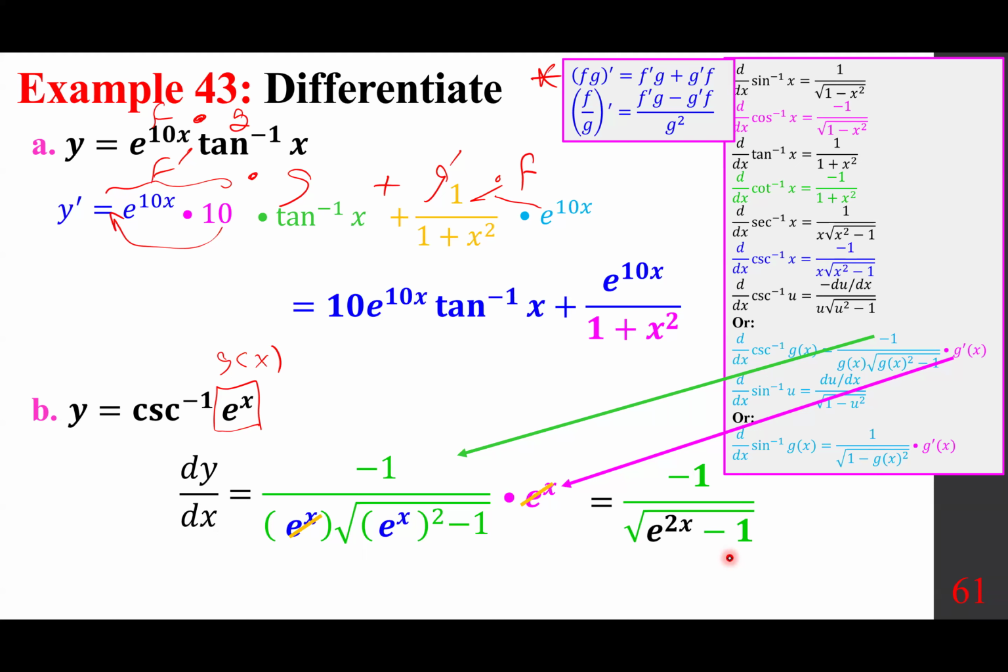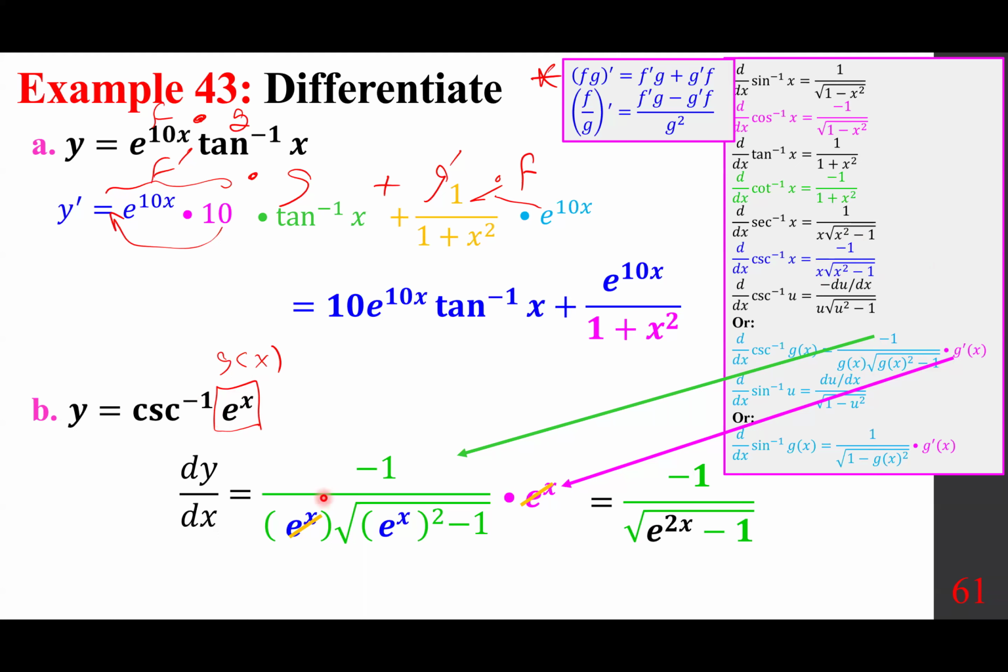Just a quick recap to make sure we understand what's going on. Cosecant inverse, we said the derivative is minus 1 over x times the square root of x squared minus 1. So we write the same concept, but it's not x, it's a function of x, g of x. So we follow this format: minus 1 over g of x times the square root of g of x quantity